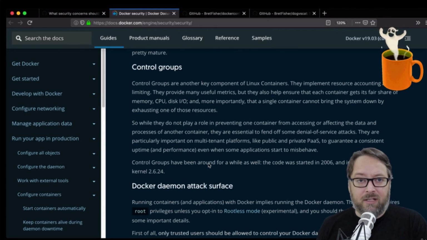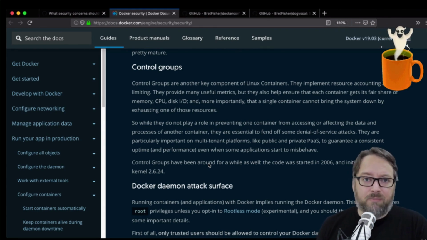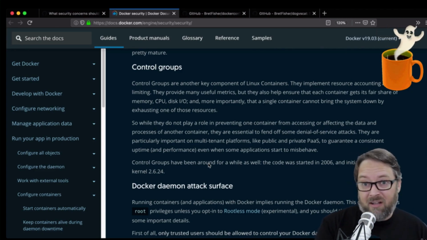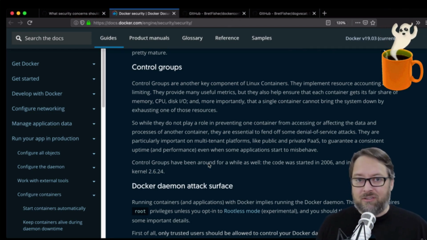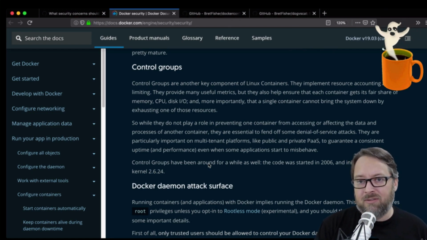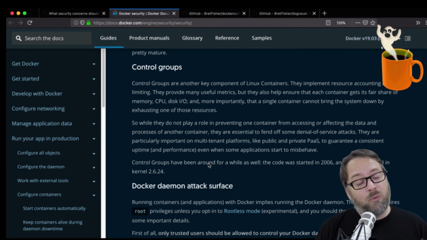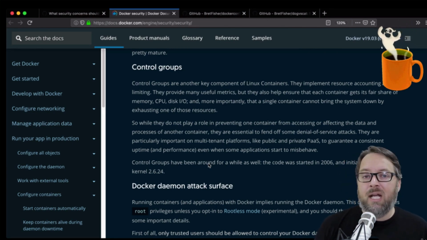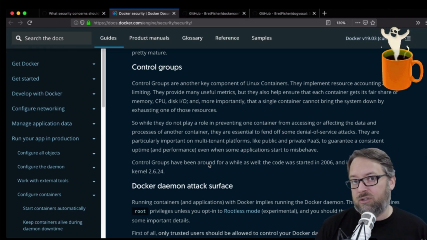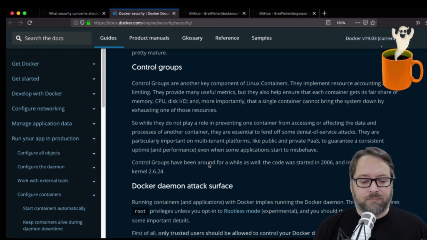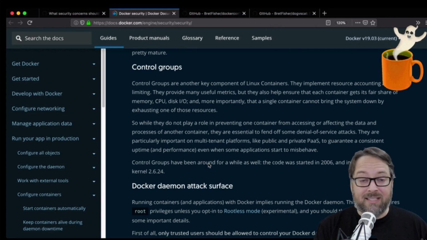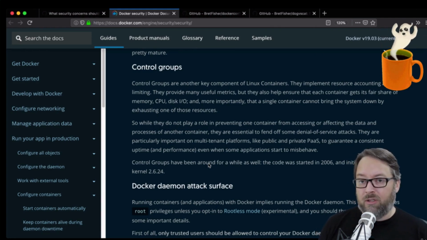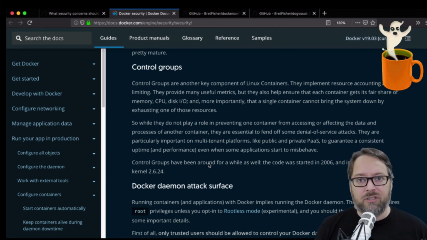Now, remember, your containers by default can have access to all resources in terms of they can eat up all the file space, they can take all the CPUs, and they can eat up all the memory. That's just a standard container, but you can set options in Docker Run or in Swarm or Kubernetes. Any of those things have the ability for you to control resources. But it's just not by default, right? By default, any container gets everything. So when you're going into production, this is definitely on your to-do list.